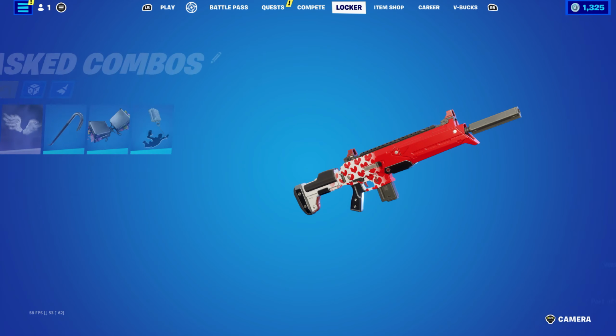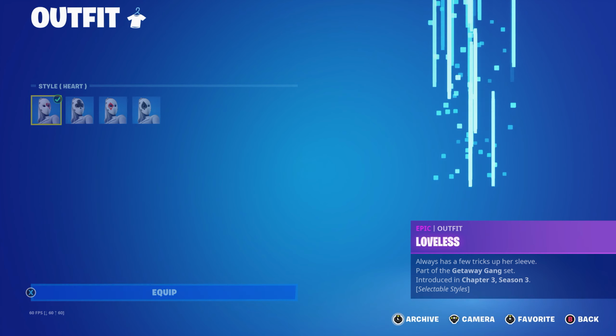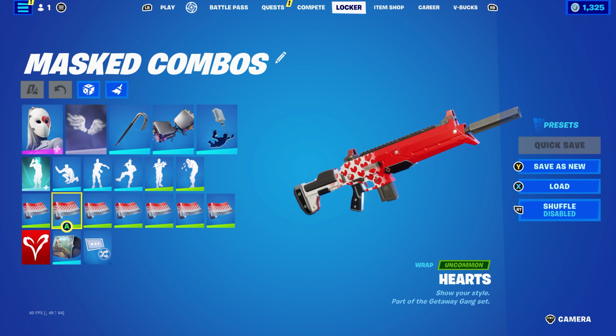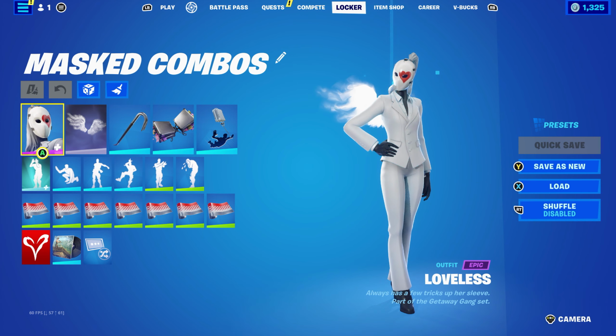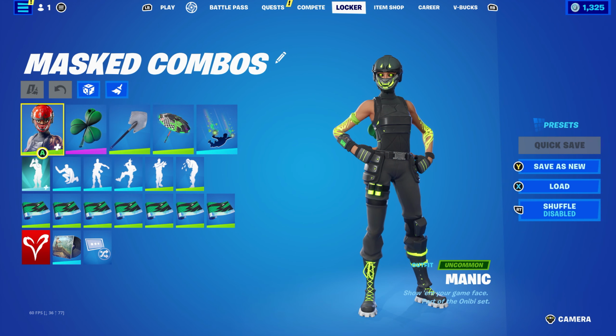Obviously, if you did want to change up the masks themselves, it's a mask style, you can obviously use different ones. Obviously, if you had the wraps to the corresponding mask, you can do that. So each one was in the store, but I decided to stick with the heart to go with the heart. Let's move on to the final masked combo, which is the Manic, which is an item shop skin, which